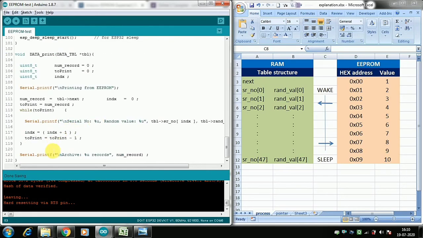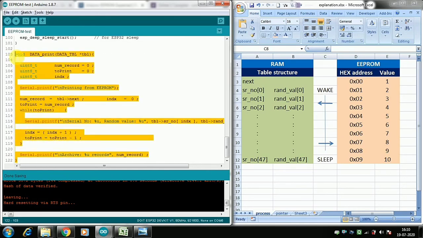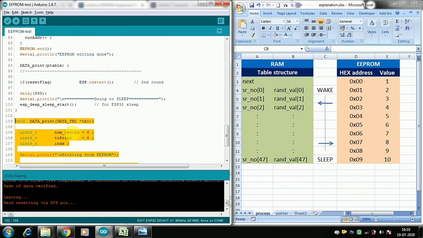So you can see the data print thing here. So this function is defined here. A function is something where, when we need to use something again and again, we make it into a function and we call that function, so that this job can be done repeatedly. So I will not explain this here because of the time constraint. So you can read it through. I think you will be able to understand.